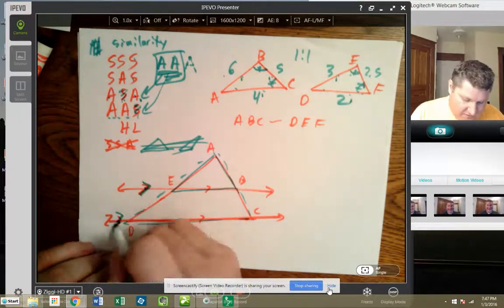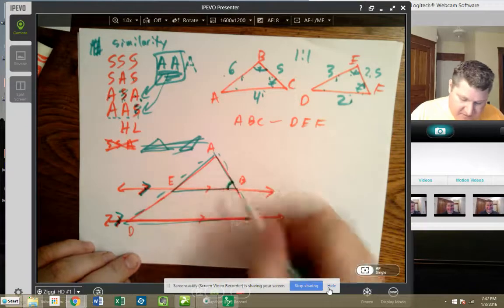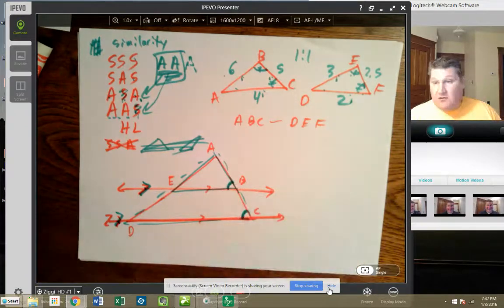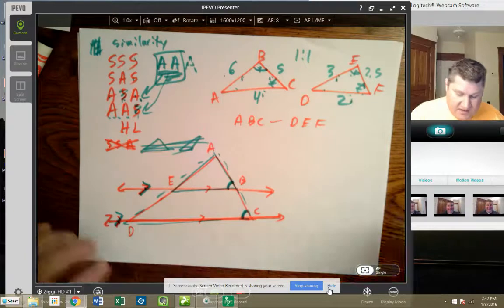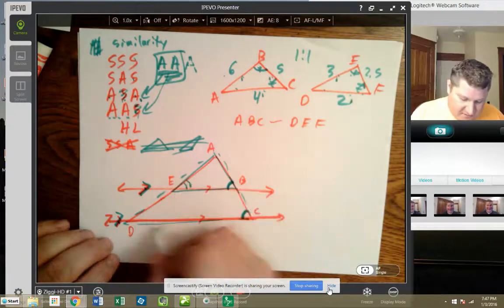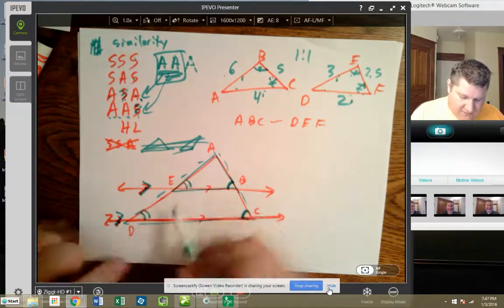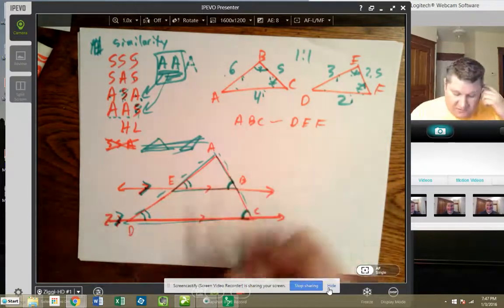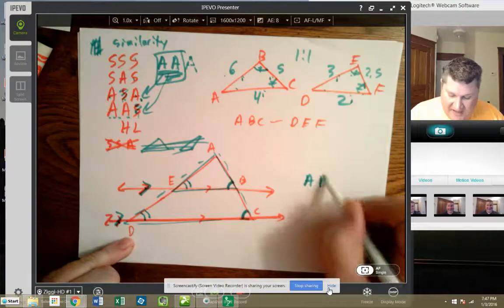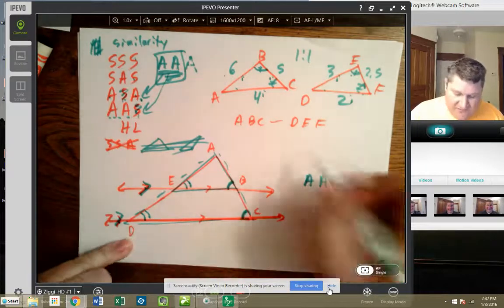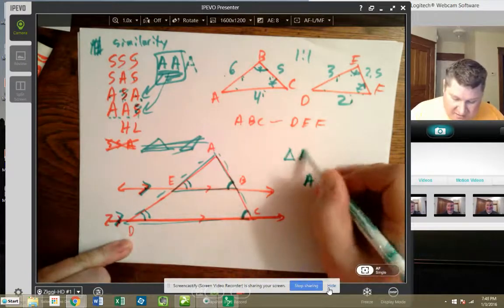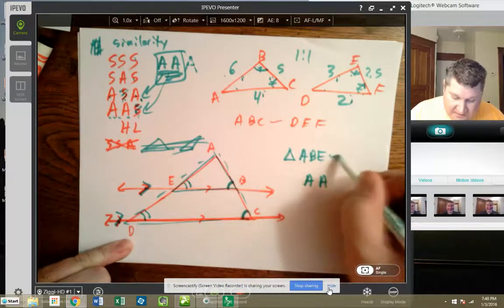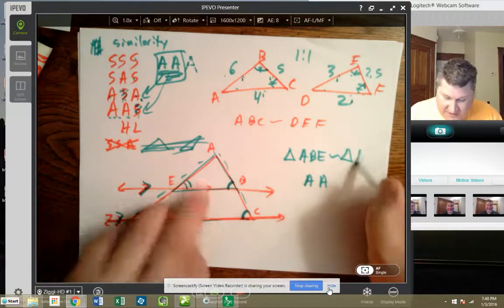Because these two lines are parallel, this angle here and this angle here are corresponding. And automatically this angle here and this angle here, they are also same side of the parallel line, same side of the transversal. They're also corresponding. So I have angle, angle, and I'm good enough to say now that triangle ABE is similar to triangle ACD,